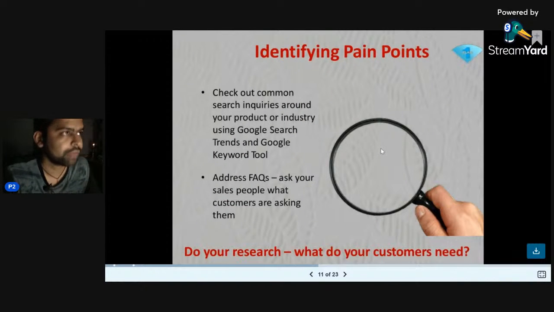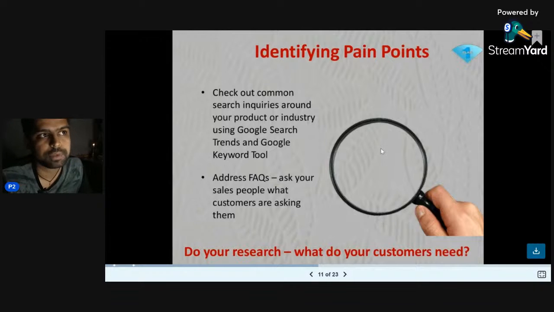Now, there are various ways to find out what exactly your target audience is looking for. You can use Google search. I should actually give you some demonstration, so let's see if our time constraints allow it. Otherwise, I will just tell you the tools that you can use. There is a tool called Google Search Trends, where you can see what people are searching for and what is trending. If something is trending on Google search, that tool will tell you that. So you can create content around it, since trending topics generally pick up very early, and that's how your content gets viral.